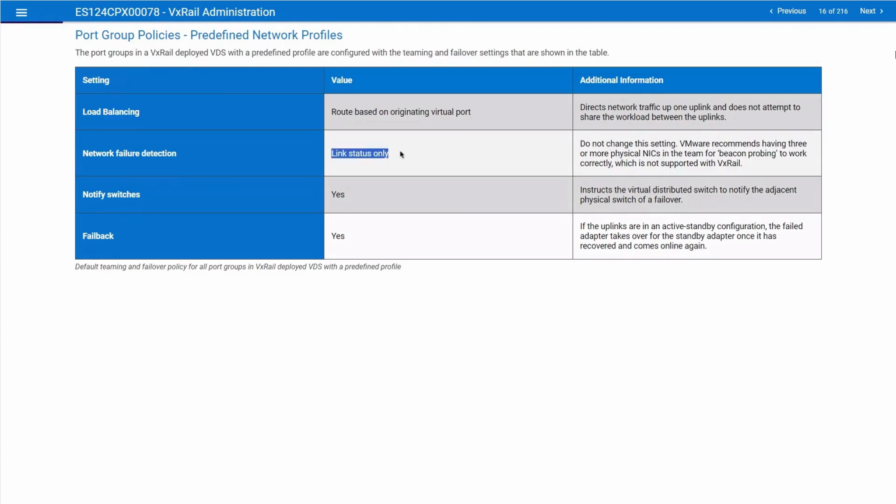Then we set the network failure detection to link status only. Okay, so this is capable of detecting only the failures which are affecting physical ports. When there is a failure at one physical port level, the network failure detection will detect it. This means that beacon probing is actually not supported,